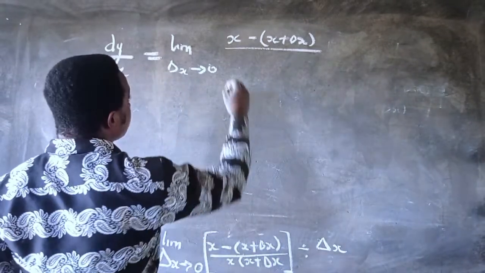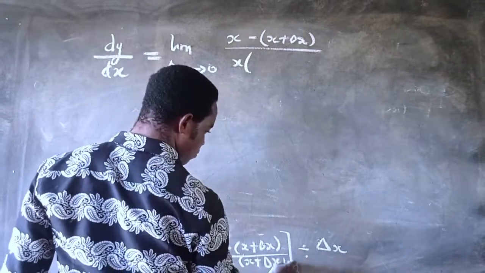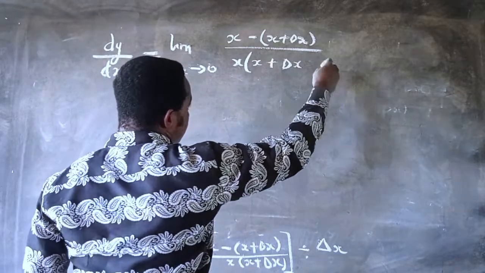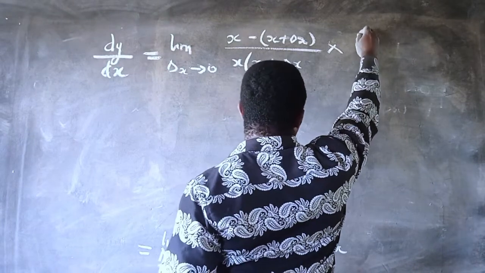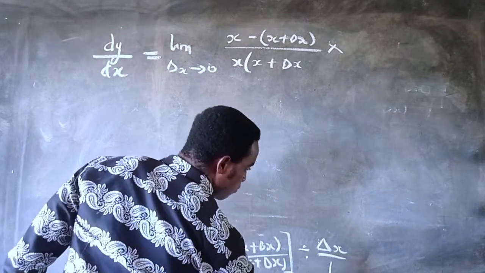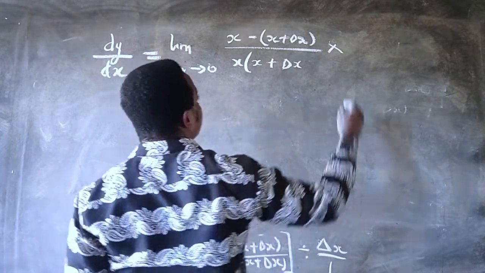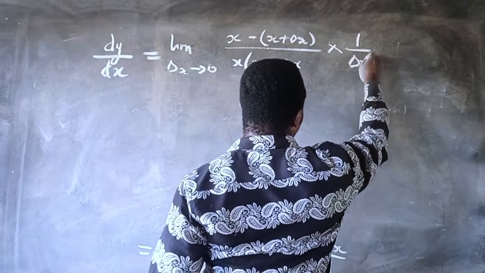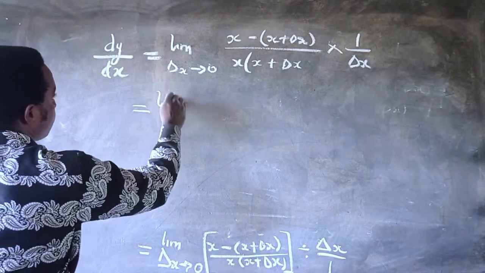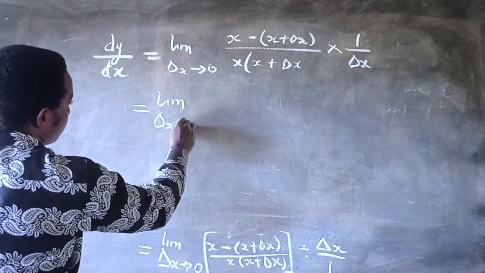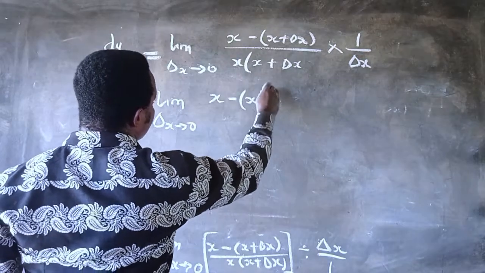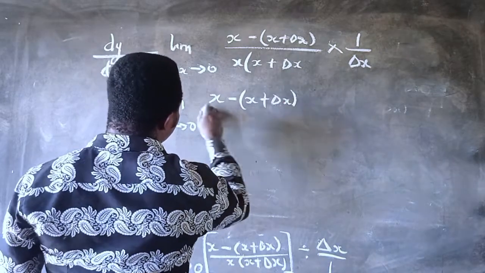Here we have x into x plus delta x, and all multiplied by, we are changing that sign from division to multiplication, and it turned into the inverse of what was originally at the denominator. To simplify that further, we have x minus bracket open x plus delta x all over